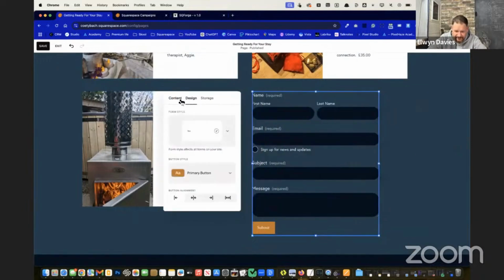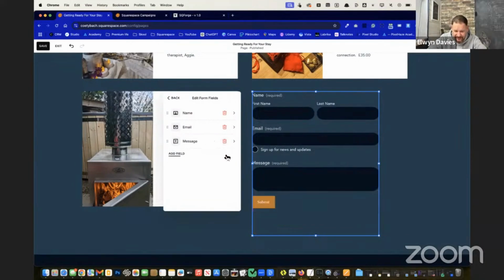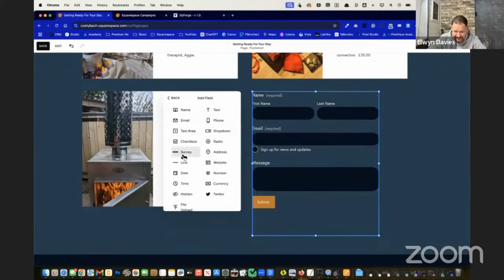Let's go to the content. We can edit the form fields. We're going to have the name, email, and then what we're going to do is have an optional message. So I'm going to go from that and put it so it's not required. And then add a field